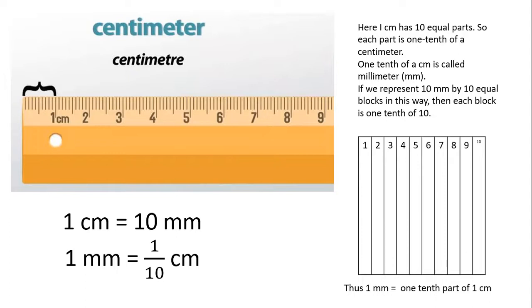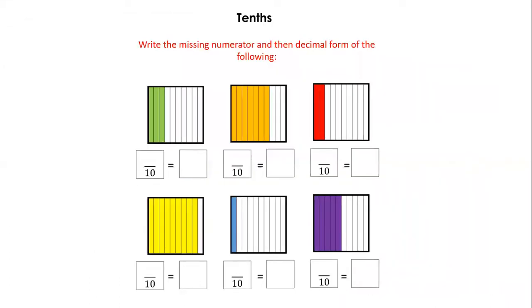If I come to the kilometer, 1 kilometer is 1000 meters. Then 1 meter will be 1/1000 kilometer, that is 0.001 kilometer. 0.001, that's how you have to pronounce. So 1 millimeter is 1/10th part of centimeter, 1/100, 1/1000. So this you have to note. Then coming to the first problem.